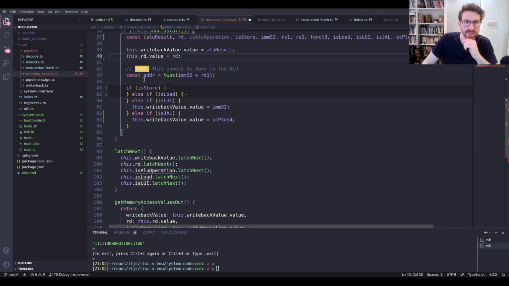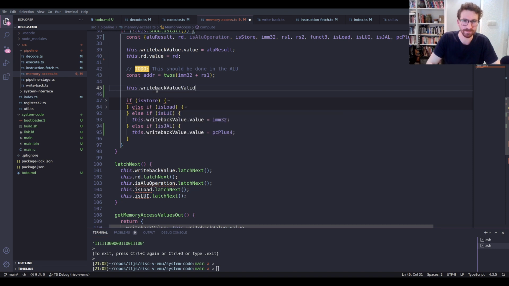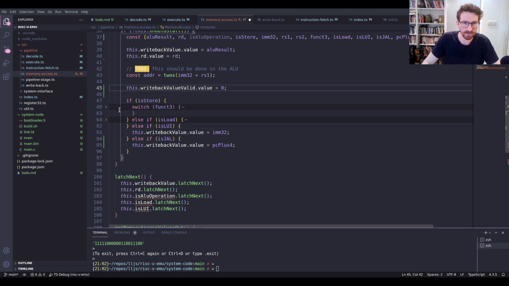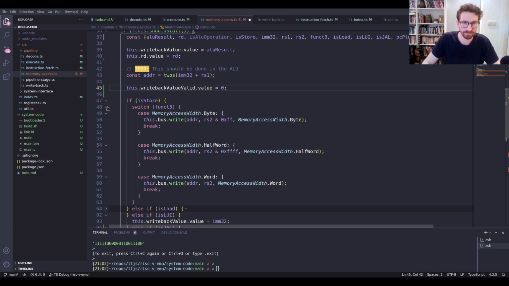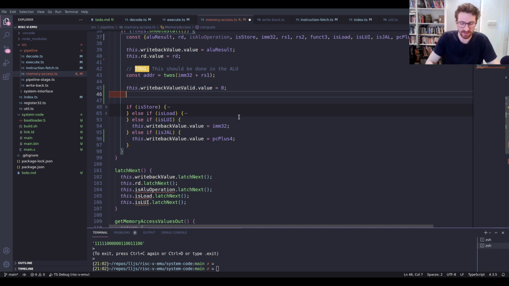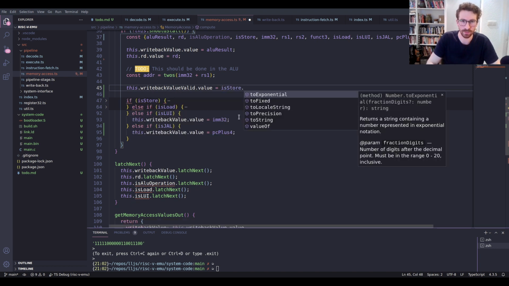What we need is to say, up front, we'll just say this dot rightback value valid value. Kind of a stupid name. But yeah, if it's a store, well, actually, this is really all we need to do. The rightback value is valid if it's a store. So is store,